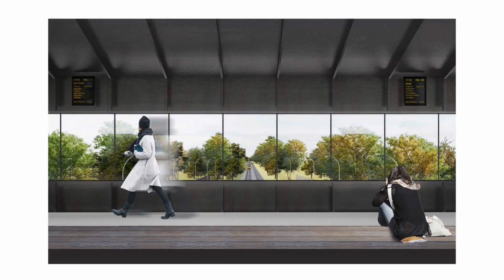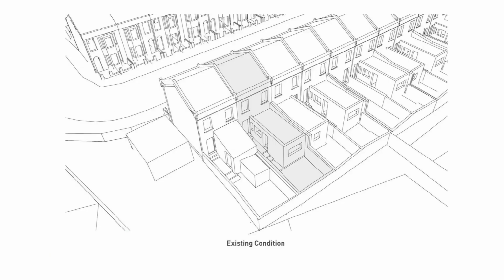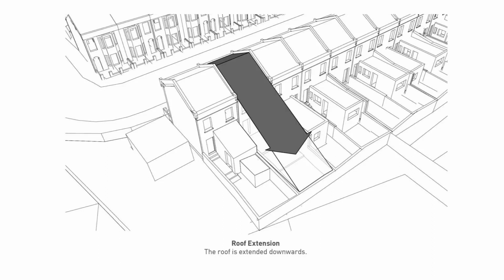Quick idea. We're doing a house at the moment in Walthamstow for a friend. It's been going on for a little while, but going back again to that earlier example of what you do if you've got a house like this and you need a loft and a rear extension. So our approach in this case was to look at a different way of doing it, essentially. So to try and reference the original architecture, i.e. the angles of the roof. If you extend the angles of the roof, people can't see